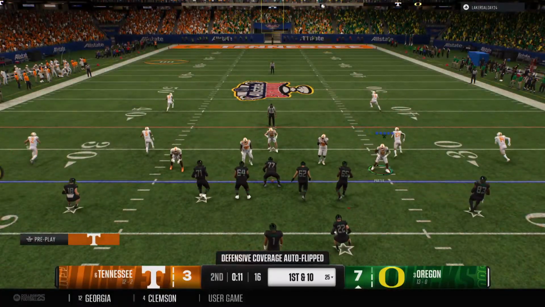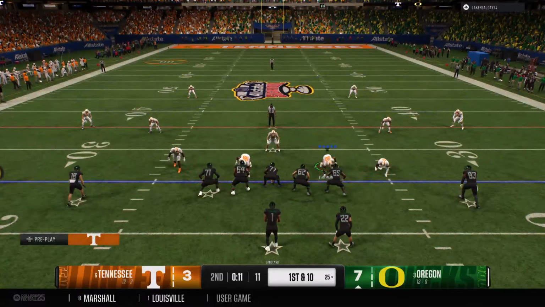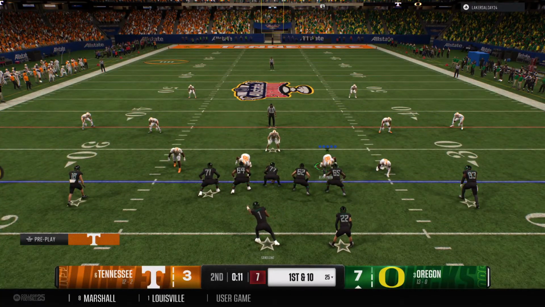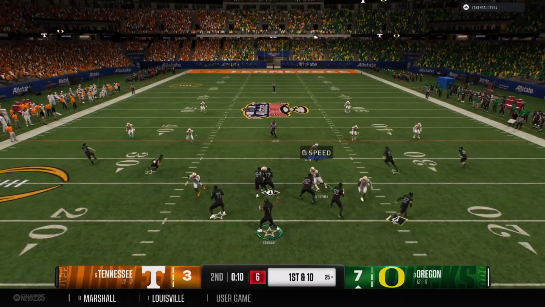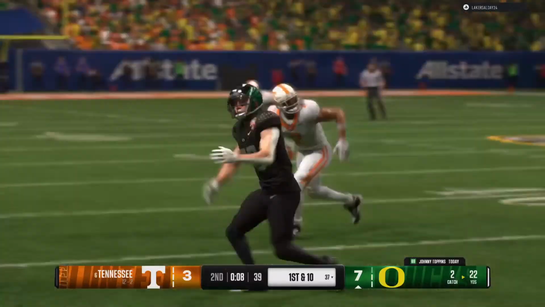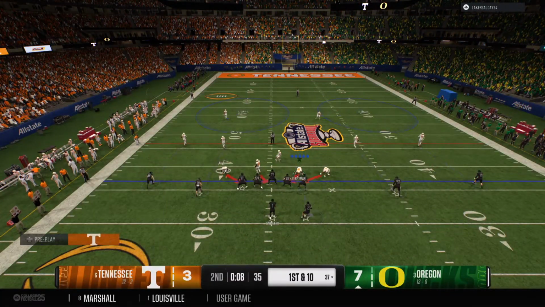The offense looking to be efficient here. Not much time remaining before the end of the half. First play of the drive, looking to throw the football. Caught near the sideline. It's Toppins. Heads out of bounds after a solid gain, more than enough to pick up a first down.